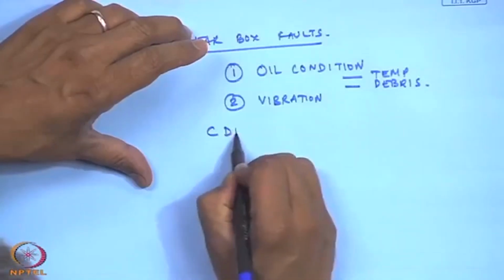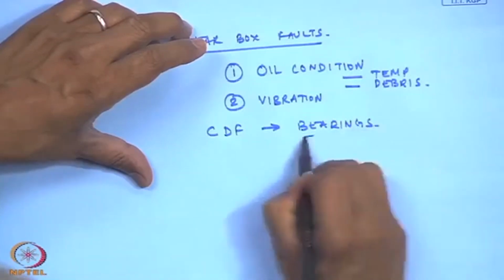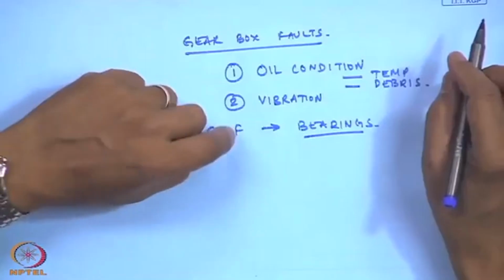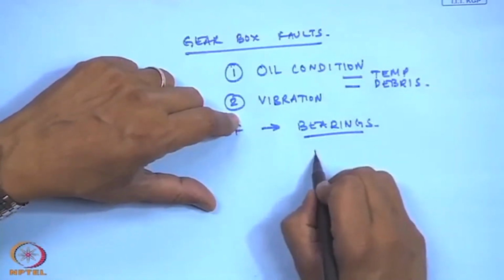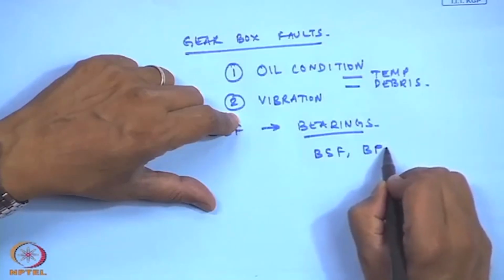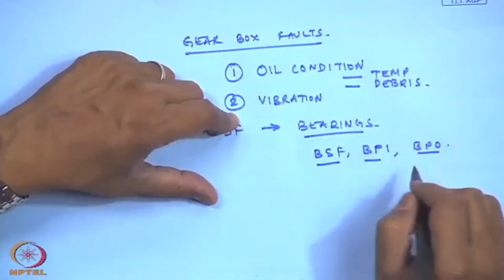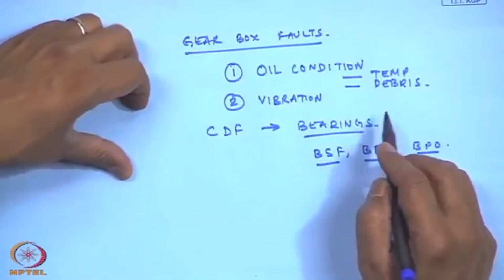That is, every mechanical component, its vibration is manifested at its characteristic frequencies. So, what are the characteristic frequencies of a gearbox? Of course, we know the fundamental characteristic defect frequencies of bearings, and in the earlier classes I told you how to find the defects in bearings, and you would have seen the frequencies of ball spin frequency, ball pass inner frequency, outer frequency. These frequencies and their harmonics show up when there is a bearing fault,